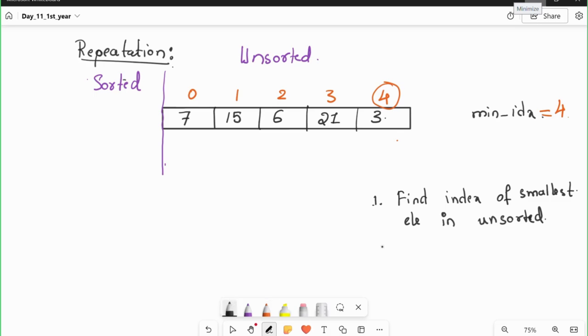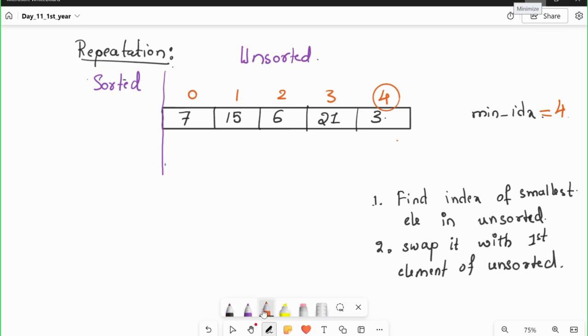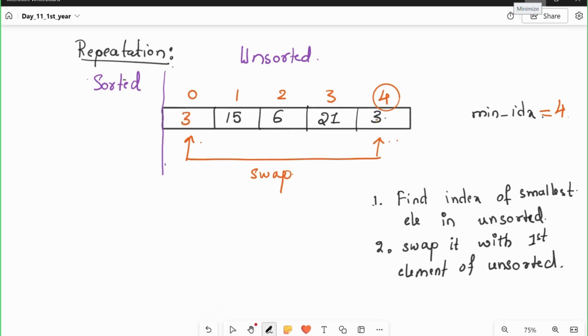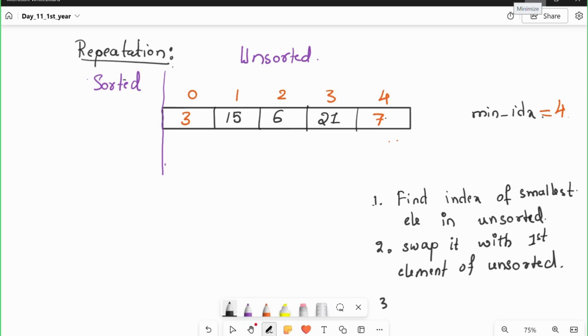Now, once you get that, the second step is swap it with the first element of unsorted. So this is what the swapping will happen here. So swap these two. After swapping, what happens here? 3 will come here and 7 will come here. Once this job is done, after the swapping is done, the next step is